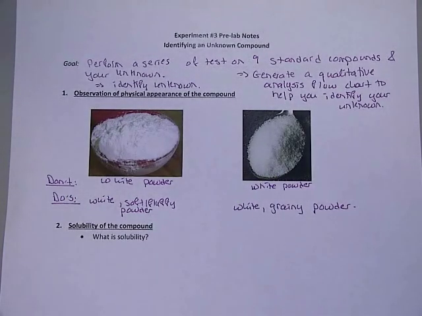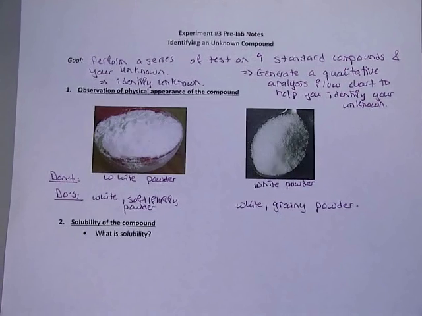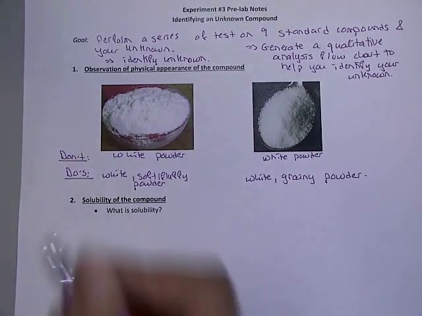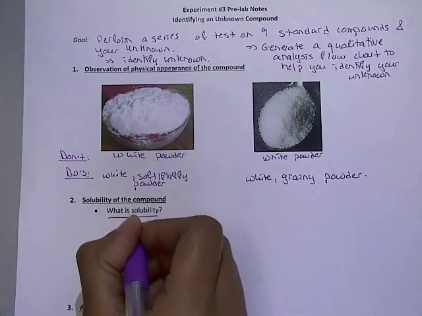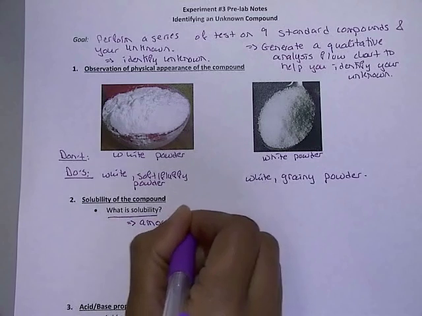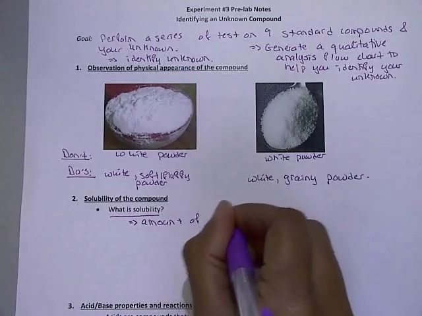So that's really the objective of part 1 of this experiment: to correctly identify your standard compounds and your unknowns, and make observations of your standard compounds and unknowns. The second part has to do with the solubility of the compound. So before we go in, let's actually talk about solubility itself. So solubility is actually the amount of a substance